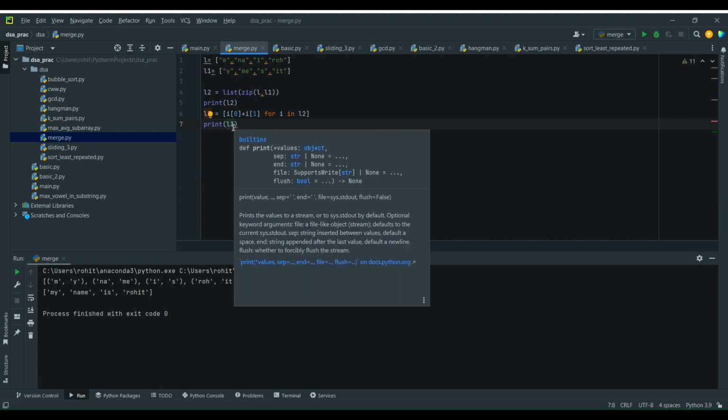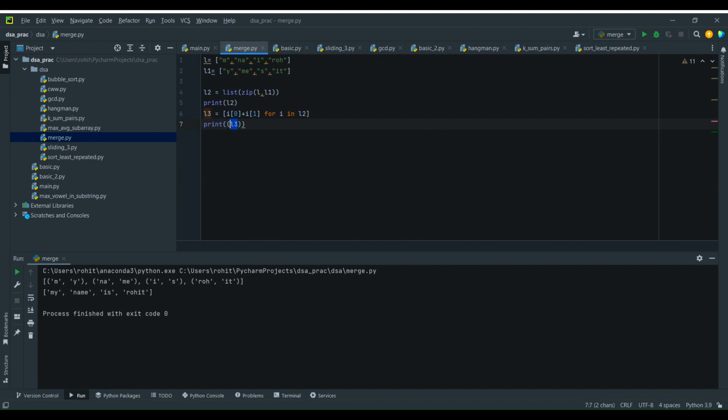But now I don't want this in the type of list, I want this in string data type. So I'll use a join function over this list. And we have the